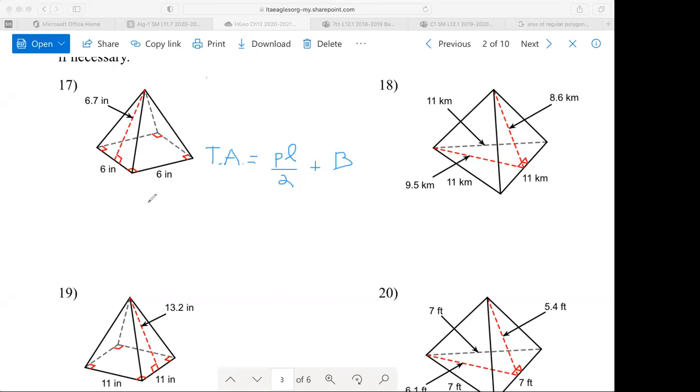All right, for the square one, let's see. PL divided by 2. The perimeter here is one side is 6. There's 4 of them. 4 times 6 is 24. So we get 24 times the slant height. Oh, why can't they give me friendly numbers so I can do it in my head, but not today. All divided by 2 plus the base area. Well, the base is a square. 6 times 6 is 36. So type all that into your calculator, Matt, and we get